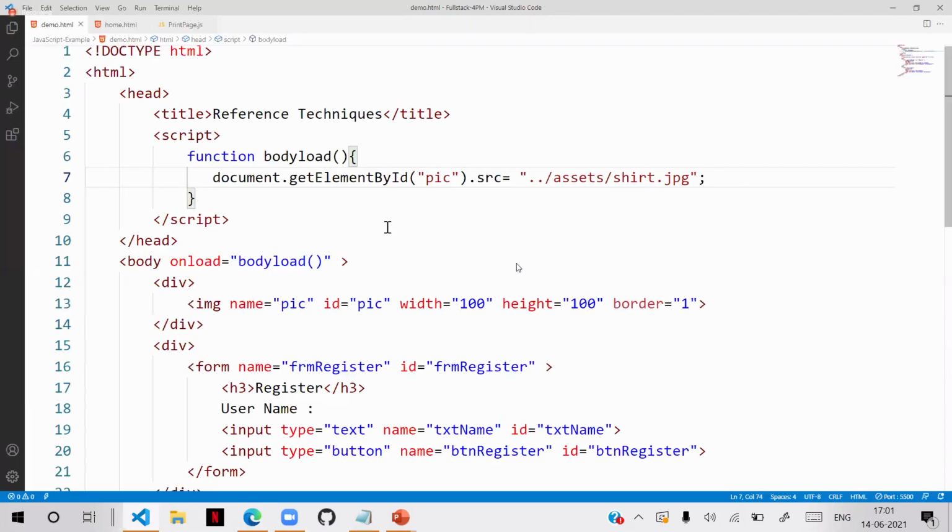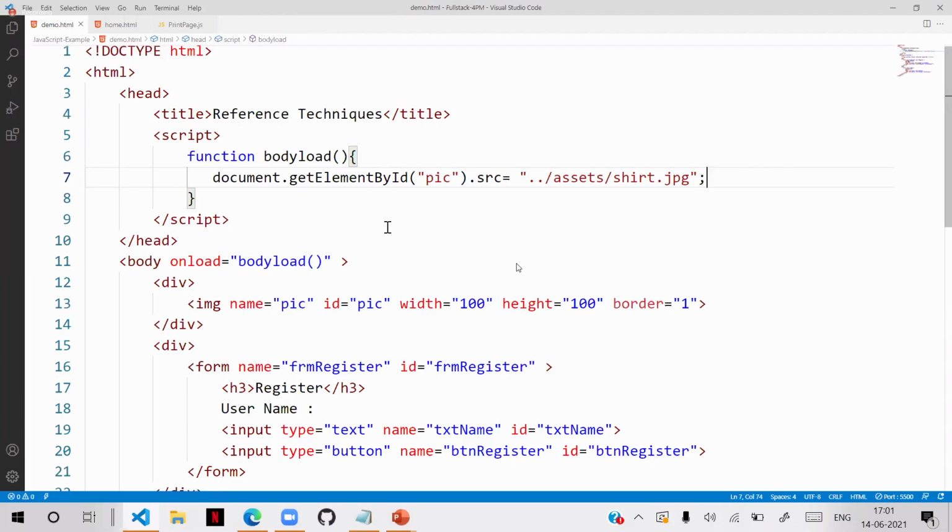Now tell me which one is good for an image. Name is good, or getElementById is good? What do you think? For an image, name is better. Why? Because why are you using this lengthy document.getElementById?